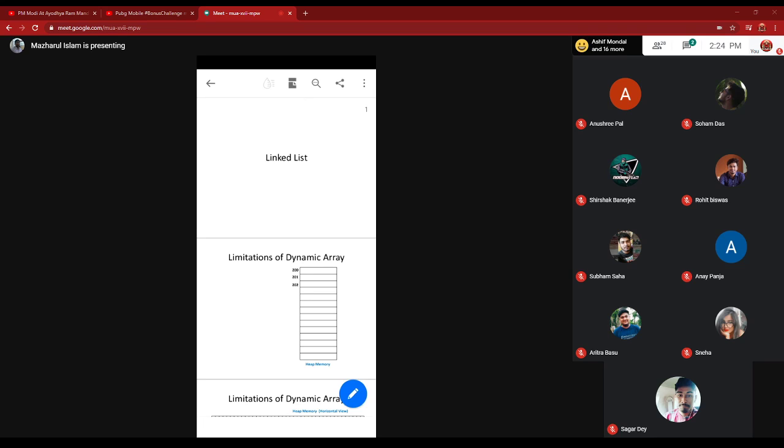But in this case, if you want to store 3 integers, you can't allocate the space, because for 3 integers you need 12 contiguous bytes, but there are no 12 contiguous bytes available in the memory. In one place there are 5 bytes, in another place there are 8 contiguous bytes available. So this is the limitation of dynamic memory allocation.